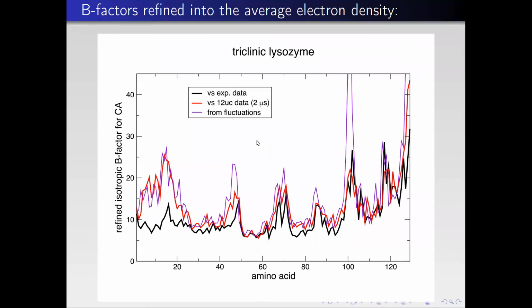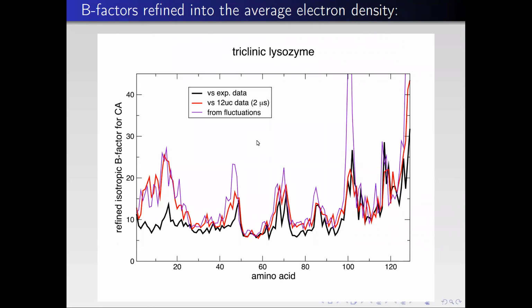The black is the experimental data, from room temperature crystallography, actually sub 1 angstrom resolution. So this is extremely highly refined and accurate data. And the colored numbers are from the calculations. The first thing you can see is that for the most part, there's pretty good quantitative agreement between the simulation and the experiment. The most part excludes the N-terminal region, which I'll talk about in just a minute. But if you look at the other places, the red, purple, and black curves are almost all the same. There's a couple of places where the purple curve gets to be a lot bigger than the black curve. But overall,